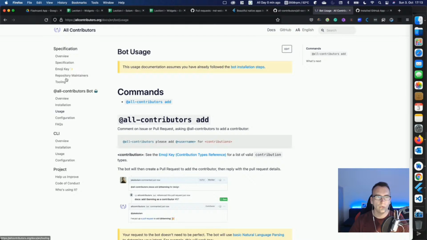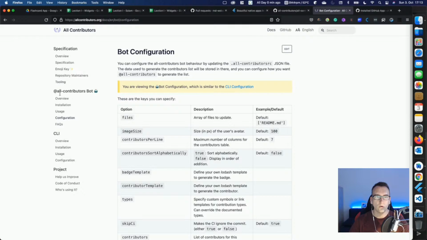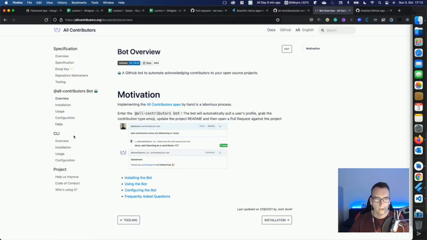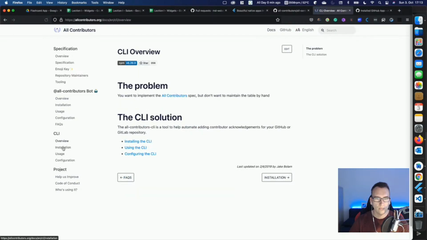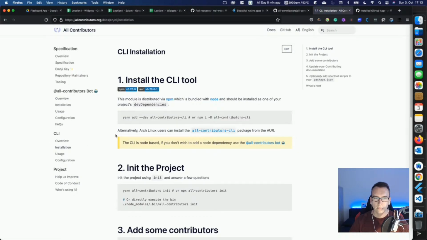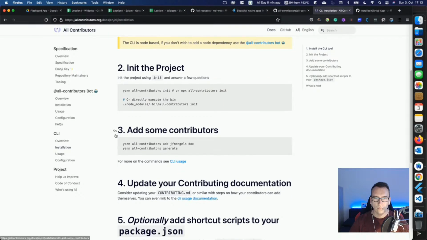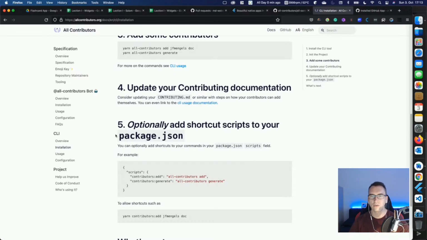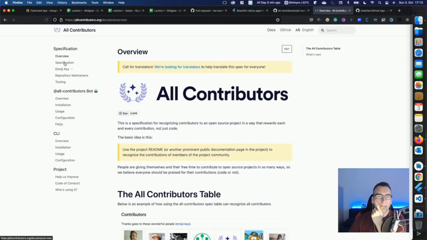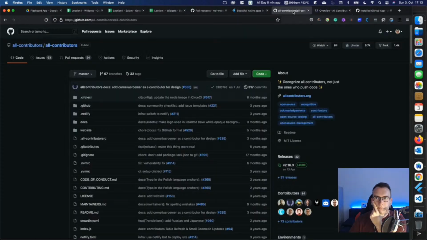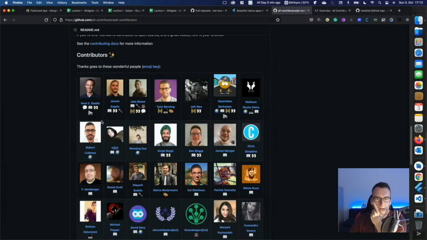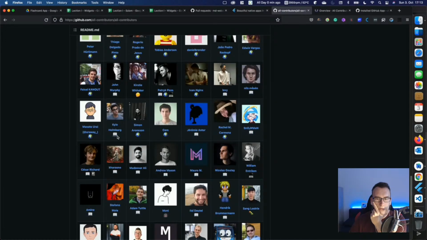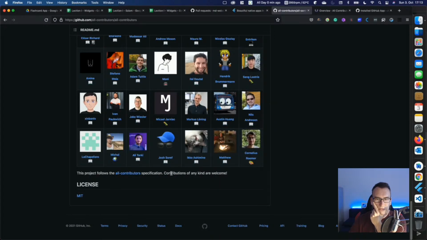And how do I show this information now in the README? Configuration. All Contributors. CLI installation project, how? Add, generate, update your contribution MD. Okay, option, add shortcut script. Okay, that's not what I want. How does that look like here? We have this contributor part. Thanks goes to these wonderful people. This project follows the